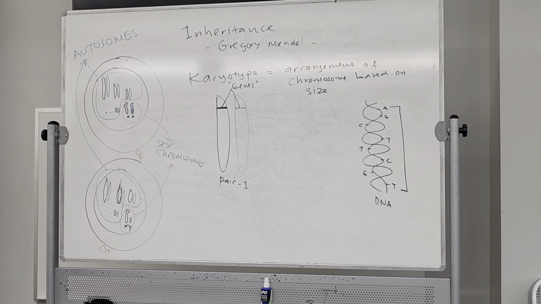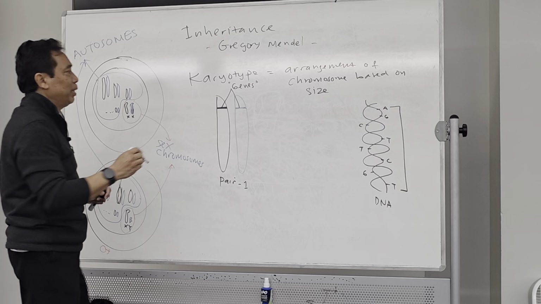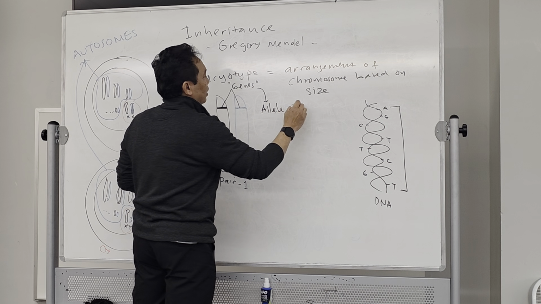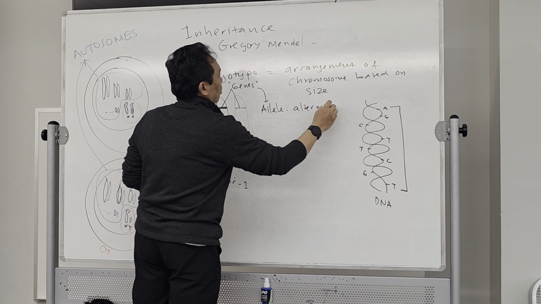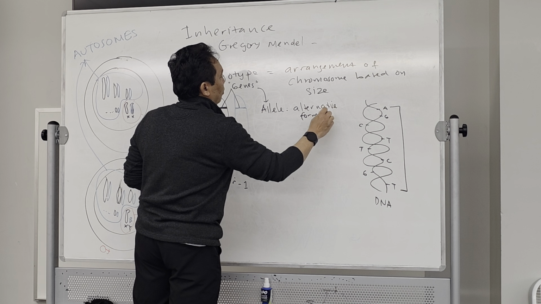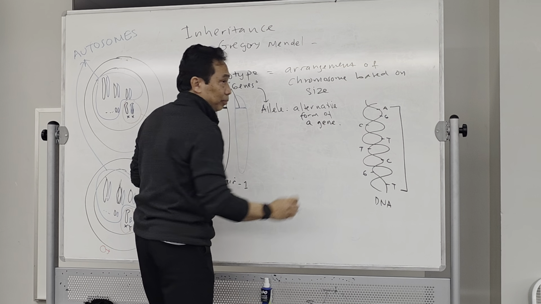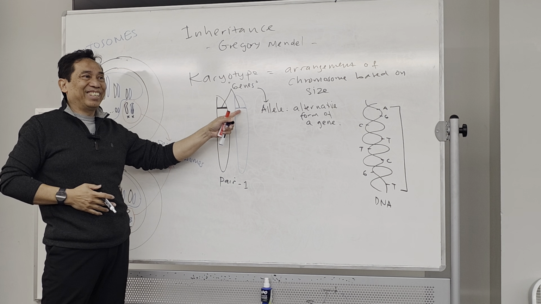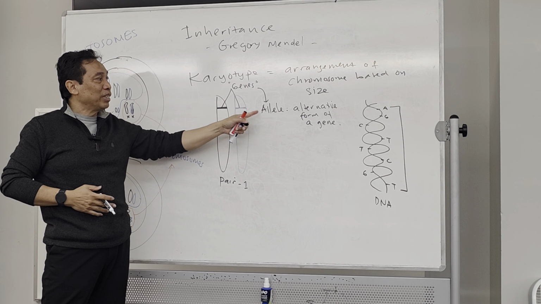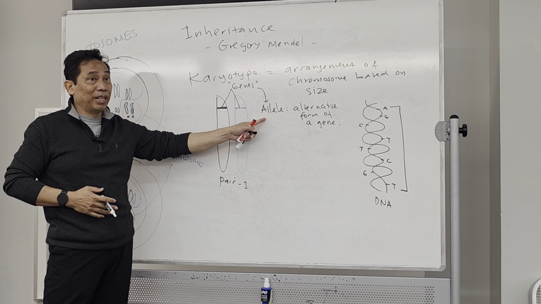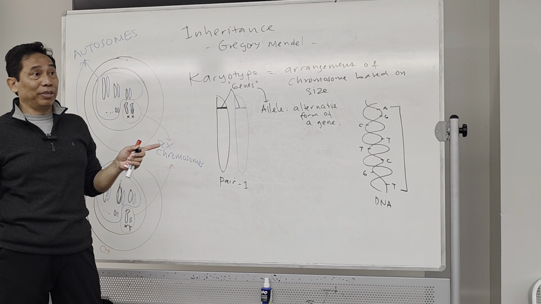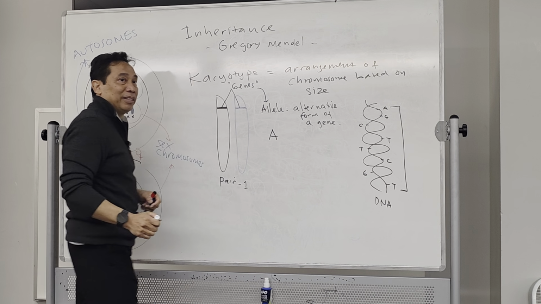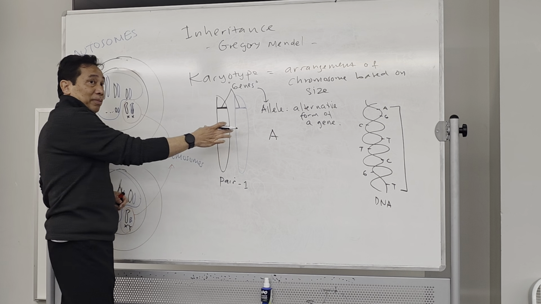So these genes have an alternative form, called an allele. Okay, allele, an alternative form of a gene. Basically, to understand inheritance, we have to put symbols on this gene, and that symbol is called the allele. Now let's say we're going to use letters for this symbol. We're going to use the letter A.